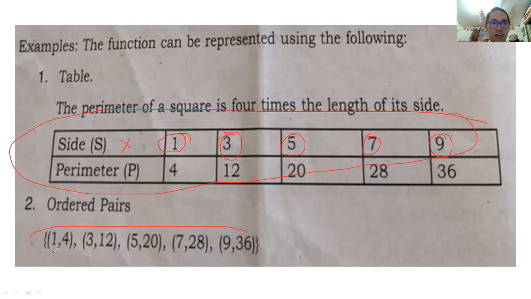This one also is a function because look at your x. You can see that your x repeats, correct? So meaning to say, sir, what if your y repeats twice or several times? It's not unique. We don't care because according to the definition, a relation is considered as a function if and only if your x is unique or it will not repeat. So that's how we identify the relation as a function.